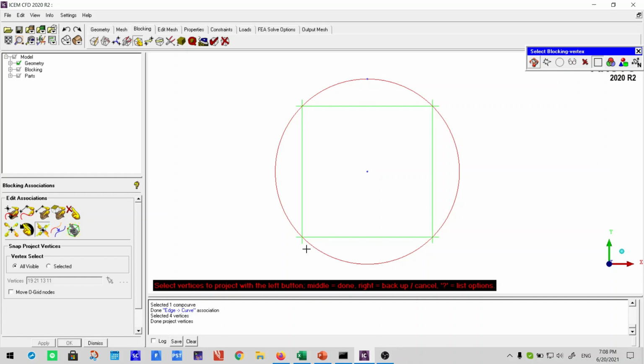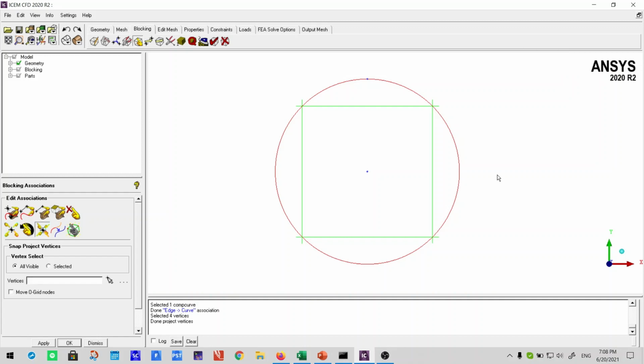I don't need to select any point. Now I'm going to come out of this command by pressing the middle button on the mouse. Now this mapping has been done, and as I've told you earlier also, this mapping is required basically to select all of this geometry and